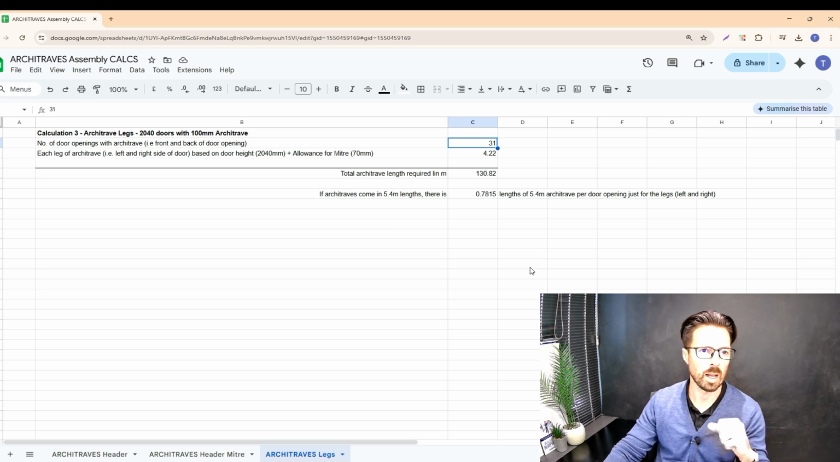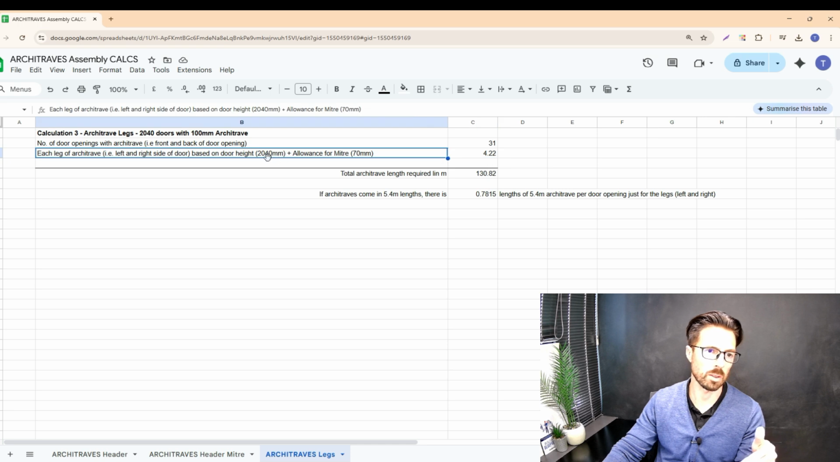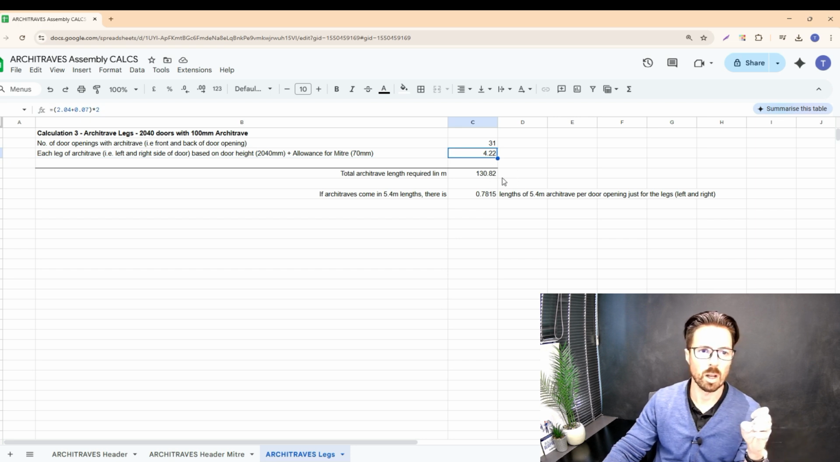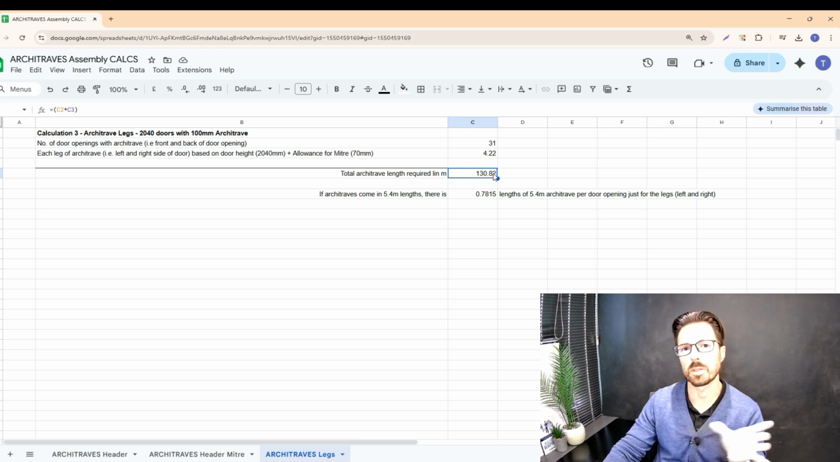So I've got, again, 31, we know that's how many openings there are. I know that for each leg of architrave it's 2.11 metres for a 2040 door. So we've got 2040 as the door height, a 70 mil allowance for the mitre gives you 2.11, and then times 2 for both sides of the door, left and right, gives you 4.22. So I know that's the total length required, or lineal metres I should say, of architrave for the door openings